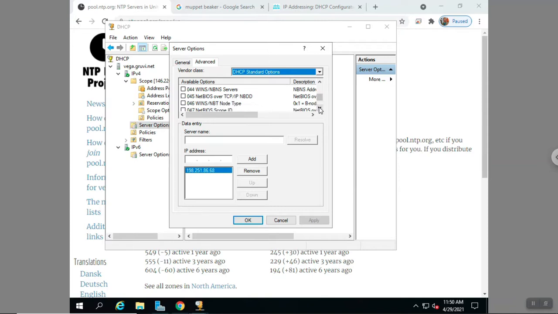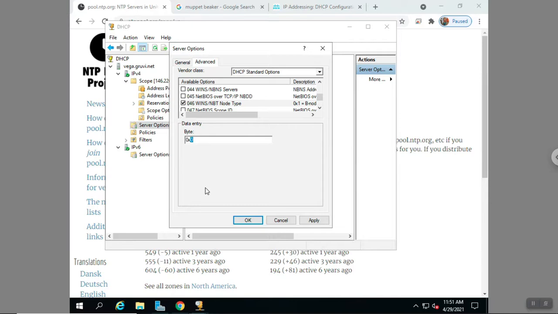But if I use this one instead, the node type, when the address is issued to the network interface on devices and clients on that network, if I change the hexadecimal value from 0x0 to 0x1, then I put the network interface in a different type of node. Instead of being hybrid that includes NetBIOS, it's a B-node which excludes NetBIOS. So I'm going to apply, say OK,